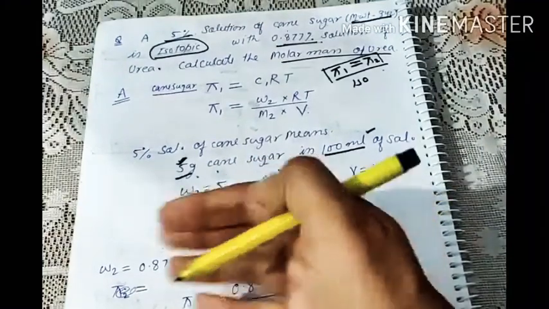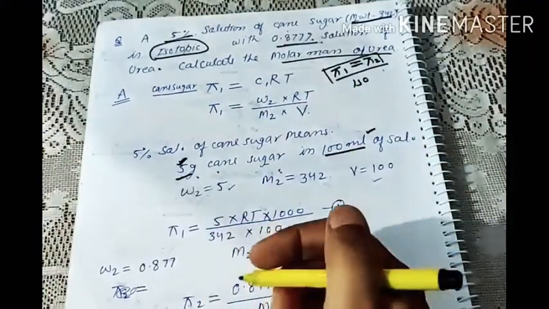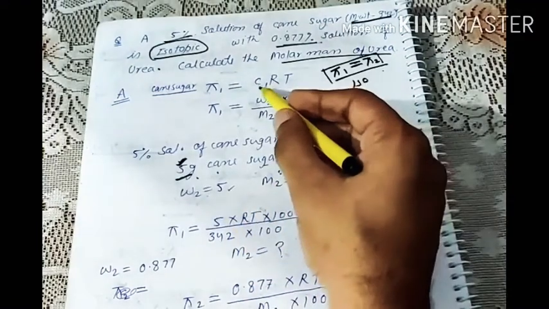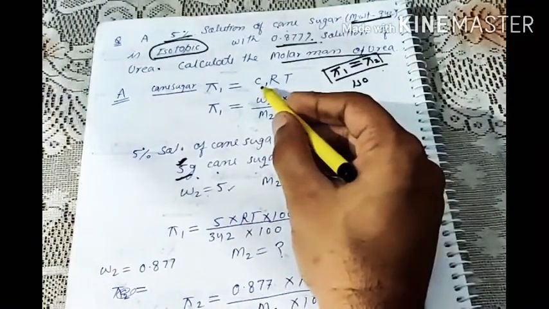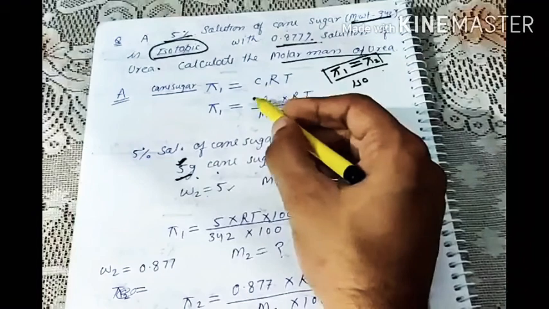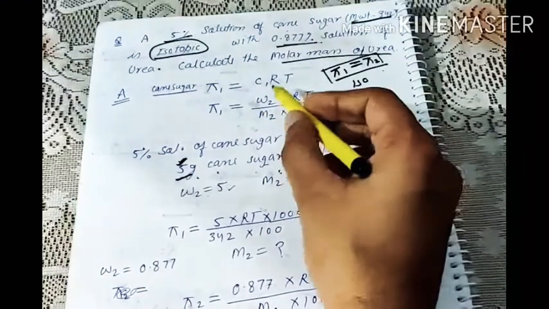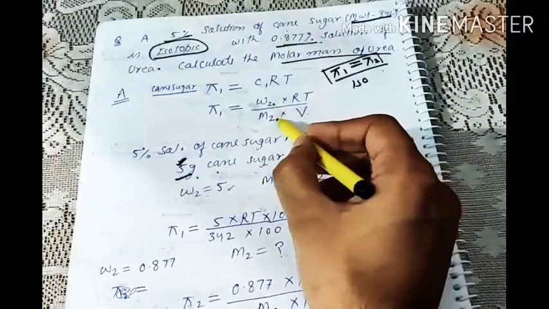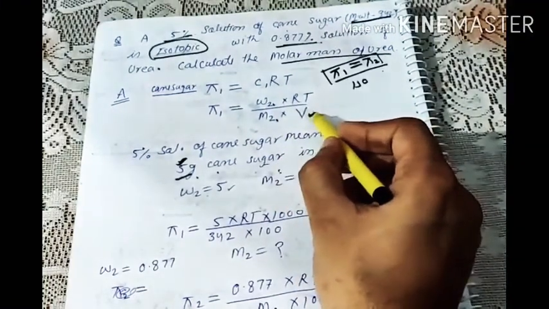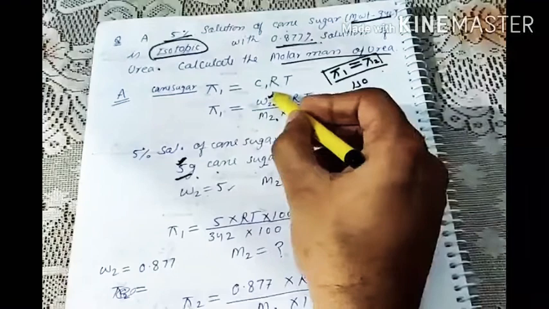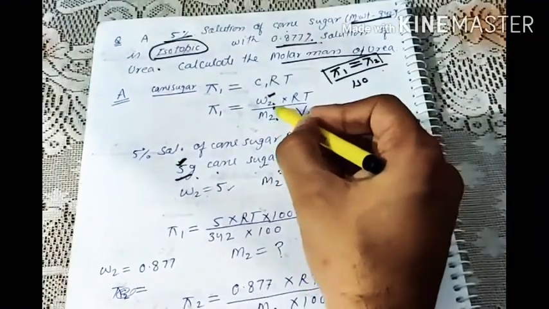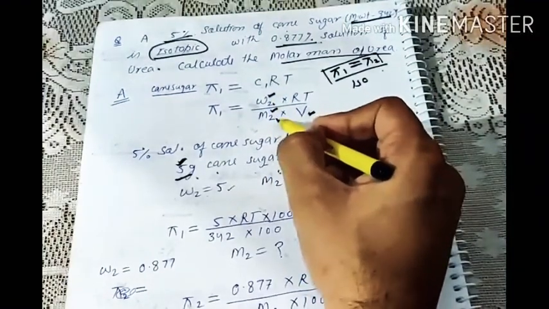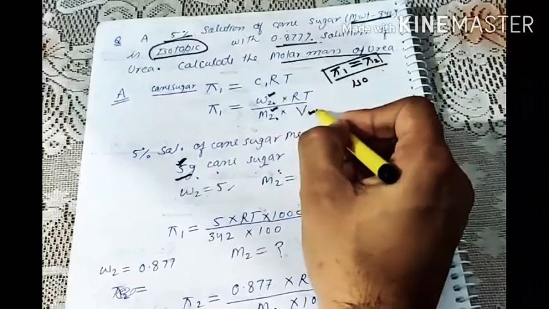नंबर ऑफ मोल्स मतलब गिवन वेट डिवाइड बाय मोलर मास। सो गिवन वेट मैंने यहाँ लिख दिया, देखो। मोलैरिटी मतलब नंबर ऑफ मोल्स ऑफ सॉल्यूट डिवाइड बाय वॉल्यूम ऑफ द सॉल्यूशन। सो नंबर ऑफ मोल्स ऑफ सॉल्यूट इज गिवन वेट ऑफ द सॉल्यूट डिवाइड बाय मोलर मास ऑफ सॉल्यूट, एंड दिस इज द वॉल्यूम ऑफ द सॉल्यूशन। W2 इज द वेट ऑफ द सॉल्यूट, एंड M2 इज द molar mass of the solute, V is the volume of the solution,